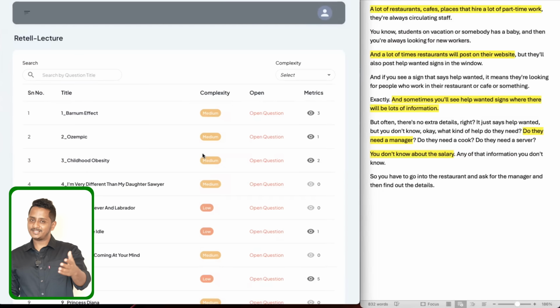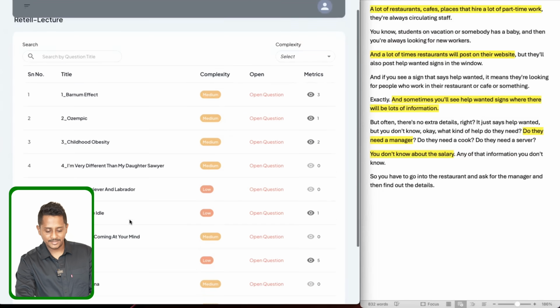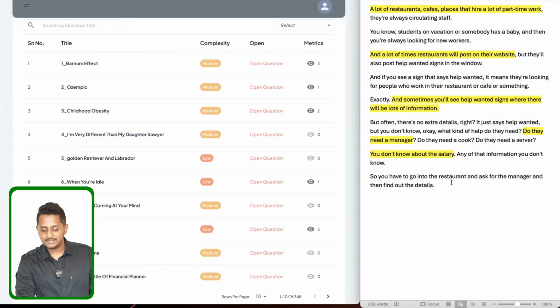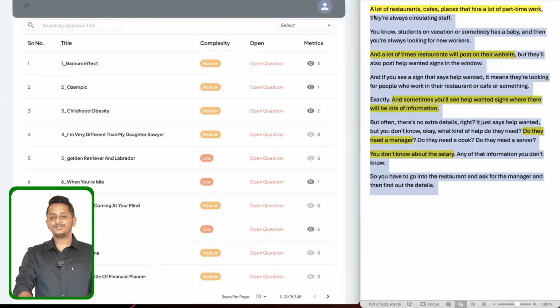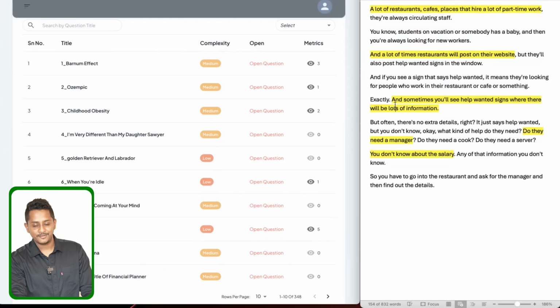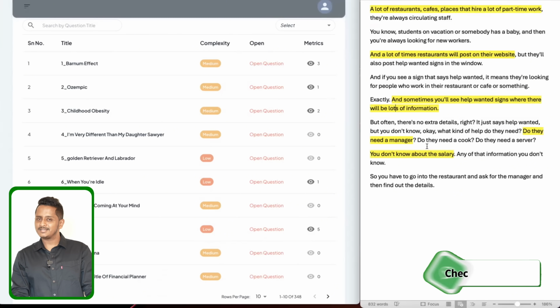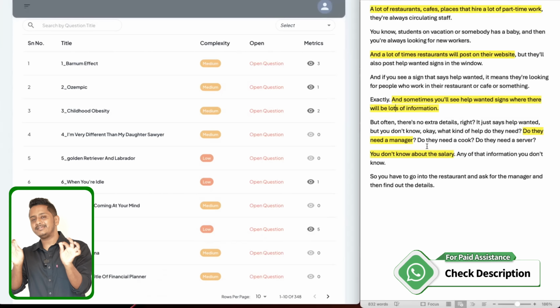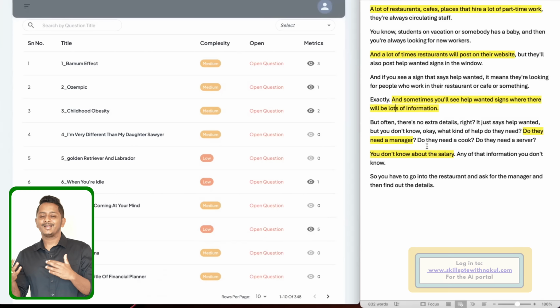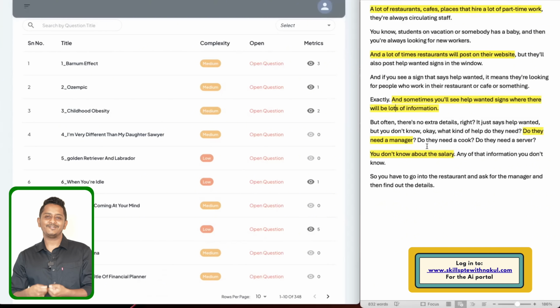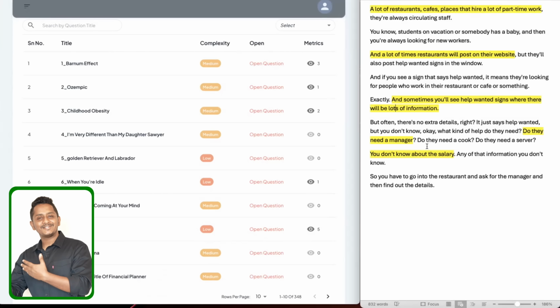Let's start. Alright, so this is our portal. I'm going to take up this 8th Retell lecture question called hiring, and this is the transcript. For this research purpose, I've already taken the transcript, and I'm showing you the highlighted ones in yellow, and that would be my answer. Basically, I'd be talking exactly as it is, some 4 sentences, not small sentences, a little lengthy, because the content is now 6. In order to get 6 out of 6, you need to give that extra content, or you need to go an extra mile to fetch that. So my answer would look something like this.